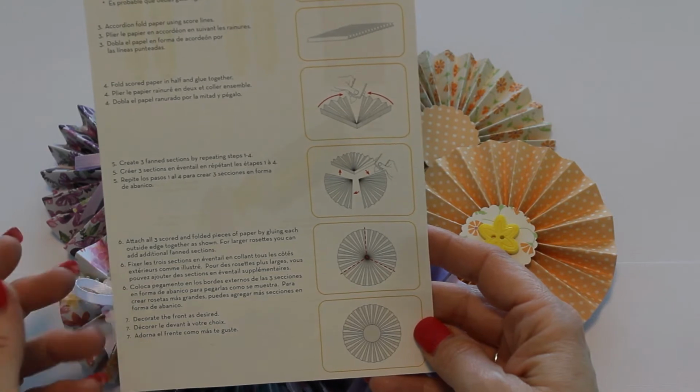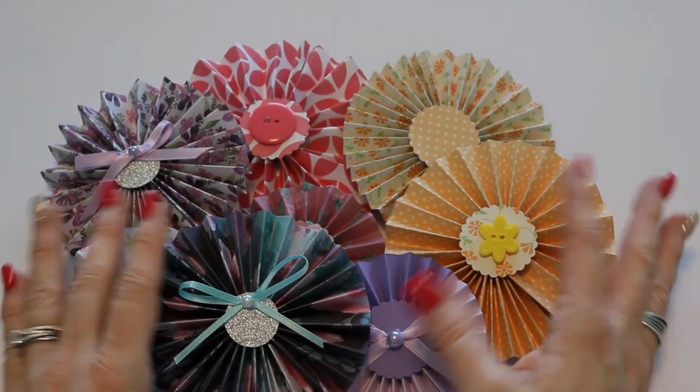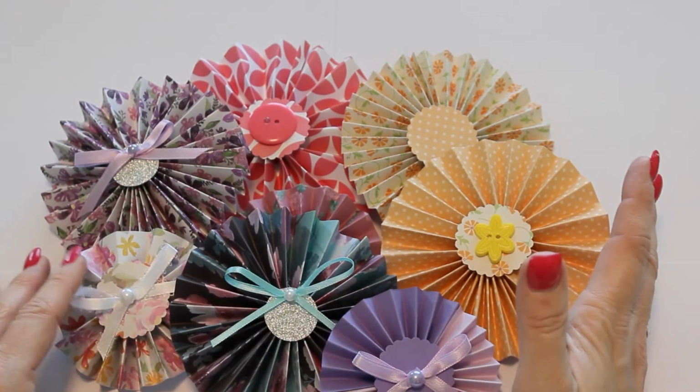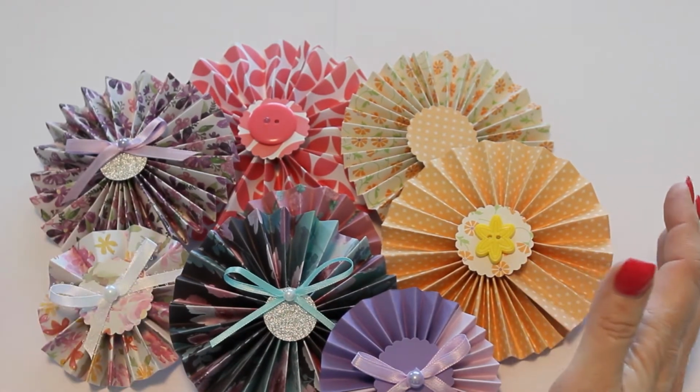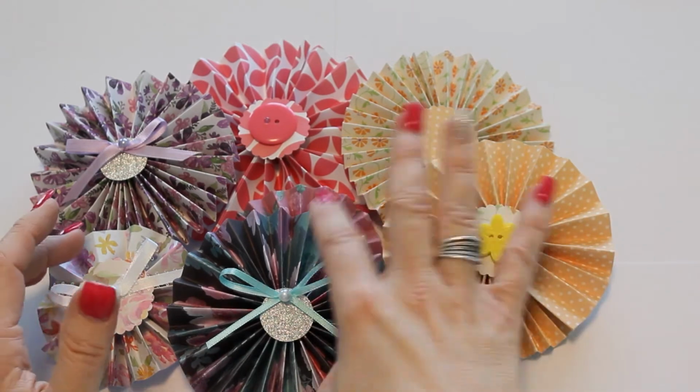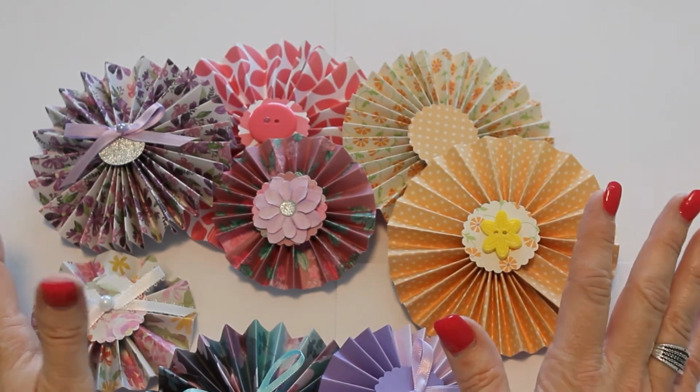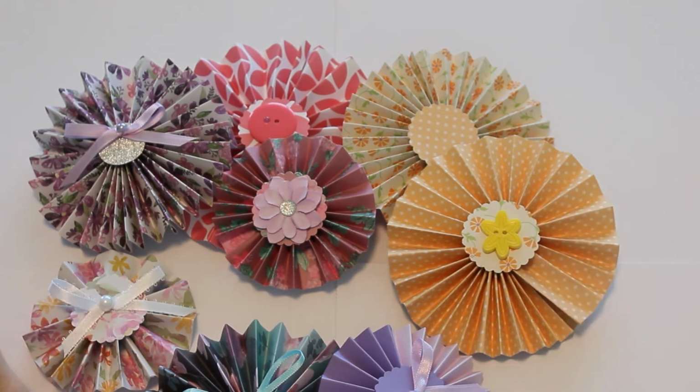Okay, so I've made a few, as you can see. I forgot to include this one. And I think they're adorable, actually. They're so cute. And anybody can do this, any age. I don't think there is an age limit on here, but